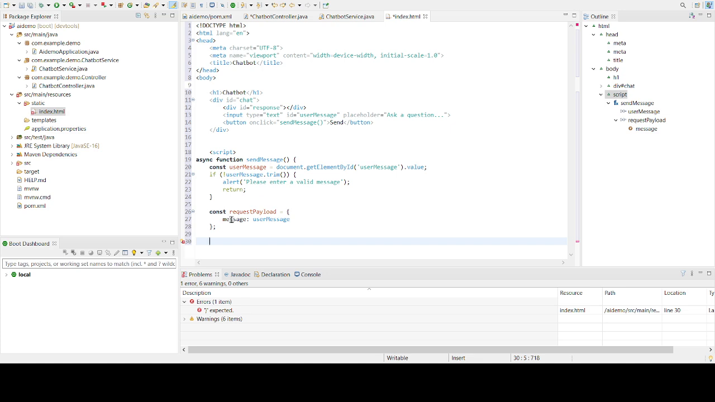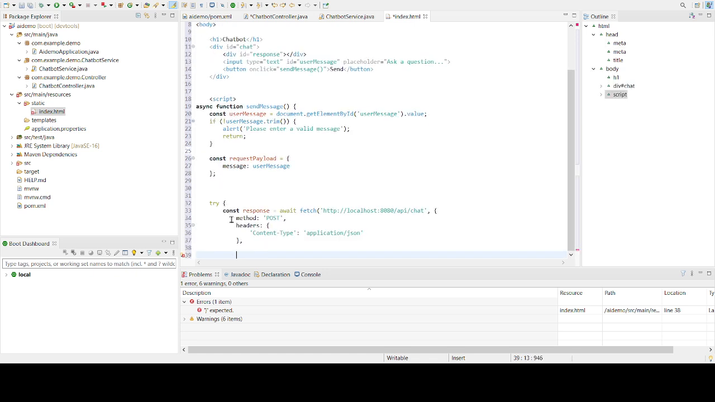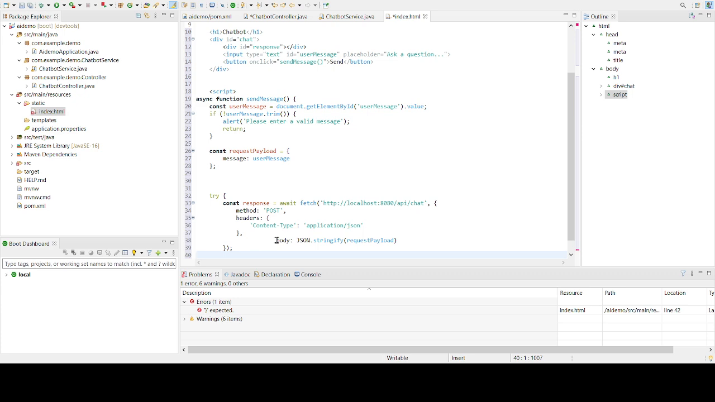Okay, so now I'm putting this into a try catch block, and then I'm saying this is my localhost because I'm going to run it on localhost, and then this is my API slash endpoint path, and then I'm going to construct the body, and okay, and let's,